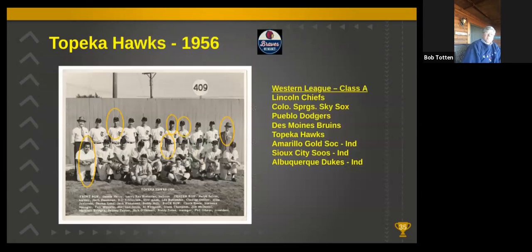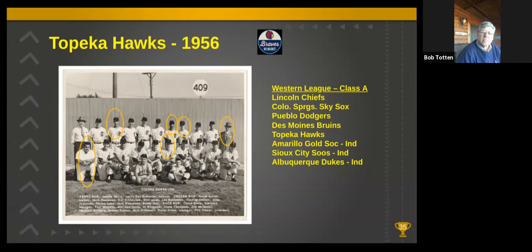The 1956 Hawks featured several players who went on to the major leagues. And I've circled some of them here on the photo I want to talk about. In the back row standing up is Sherman Jones, and I'll talk a little bit more about him in a minute. Then the next fellow that's circled is Marshall the Sheriff Bridges. He pitched in the majors for 7 years, and his best year was 62 when he pitched for the Yankees and won 8 games and saved 18 games. Next to him is a catcher named Sammy Taylor, who spent 6 years in the majors.